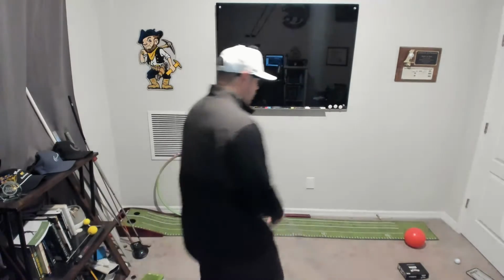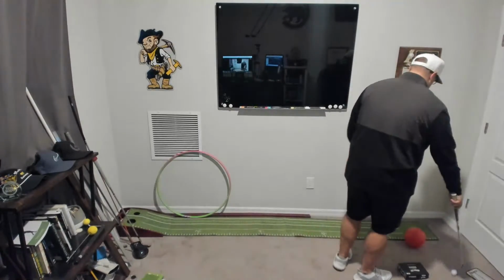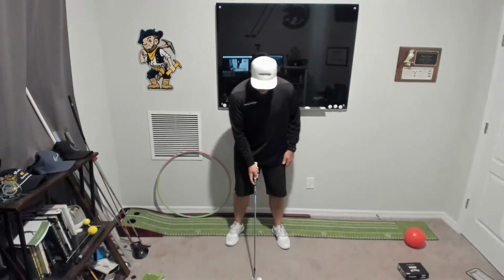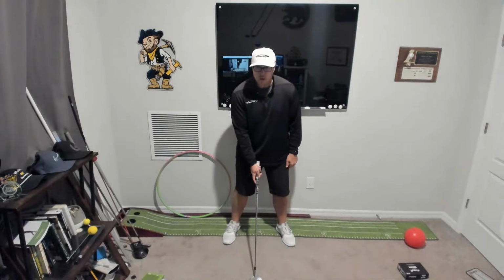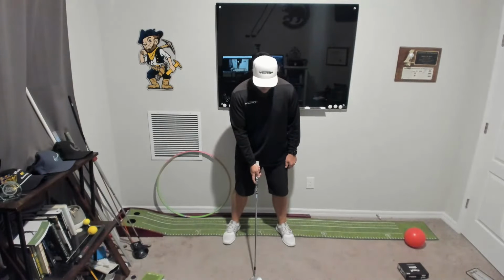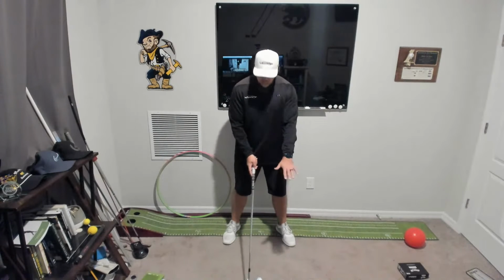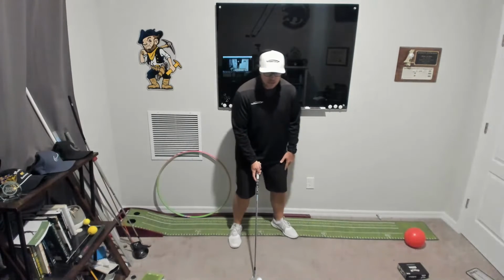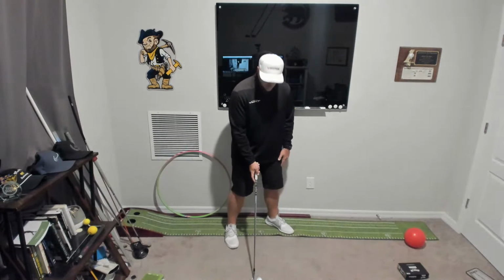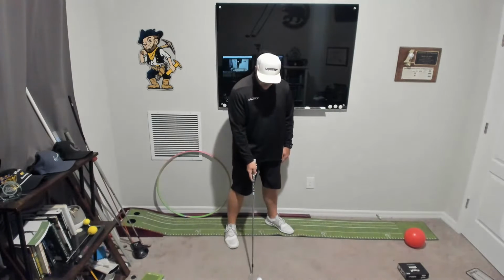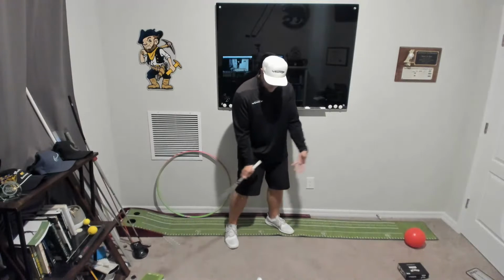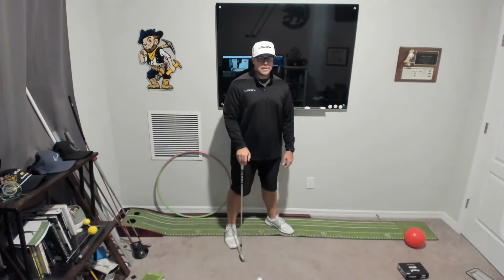Yeah, so if you think about it, when you open the stance, where does it put the ball? If I'm like this, and this is how I normally set up with a square stance, but then I keep that square to you and open my stance, where's my ball position now? It's more off my back foot, right? So that can make it easier to make ball first contact.